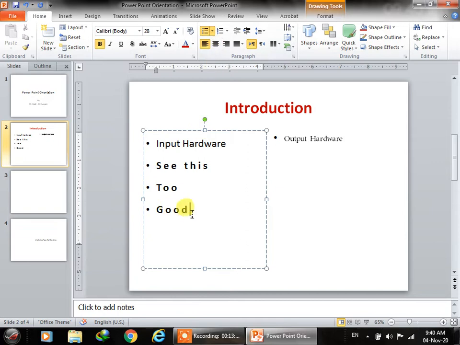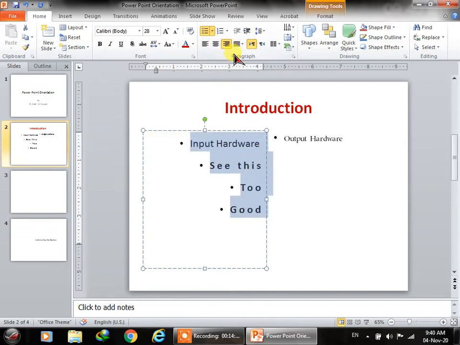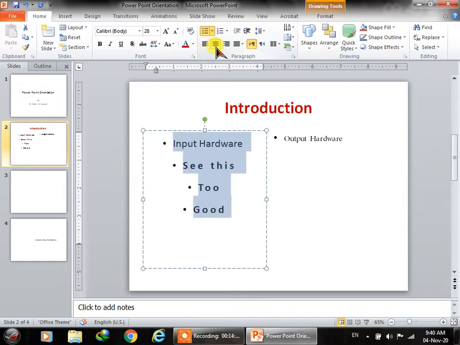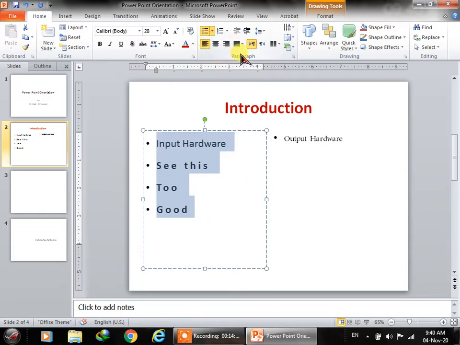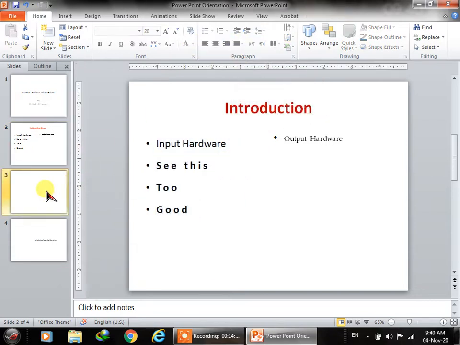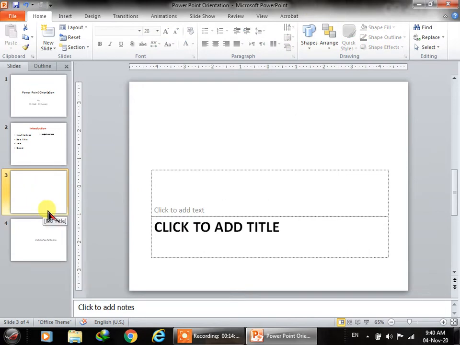Then this is the orientation of text. For example, this is right oriented text, this is left oriented text, and this is middle or center oriented text. The next thing is this justify, and to understand the justify,